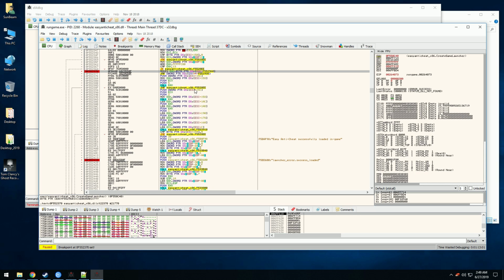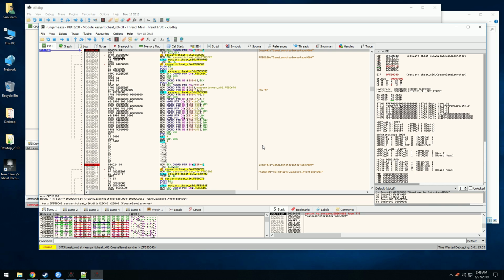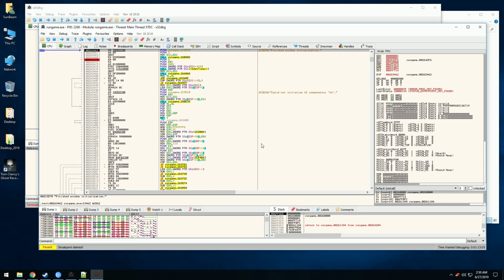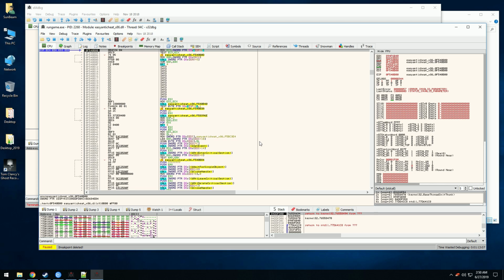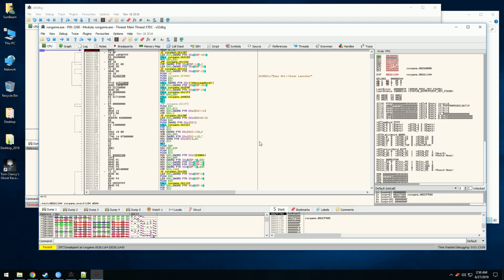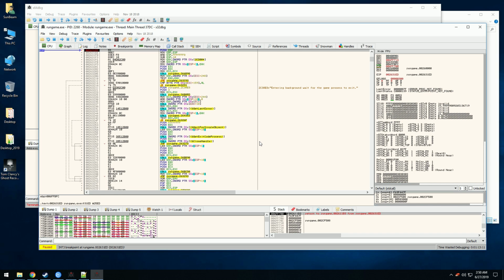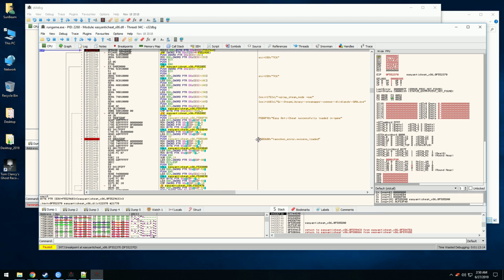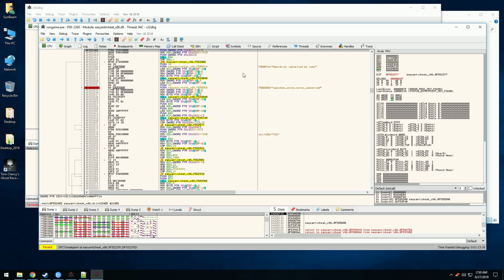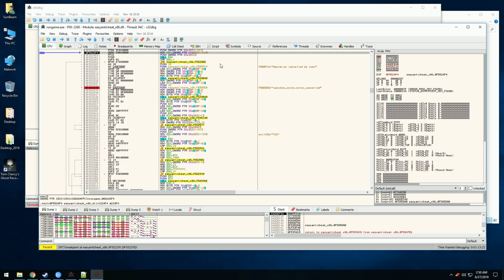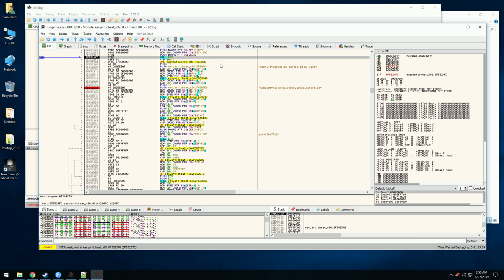So I'll just break here. I'll run this. I'm removing the breakpoints. And then I'm here. So as you can see, it's 03. It jumps to this location. So if I jump with 03 here, what you'll see now is